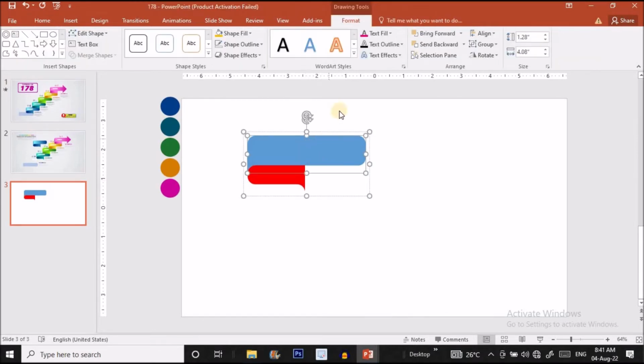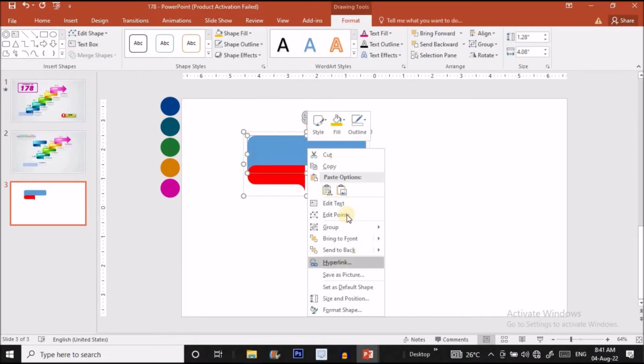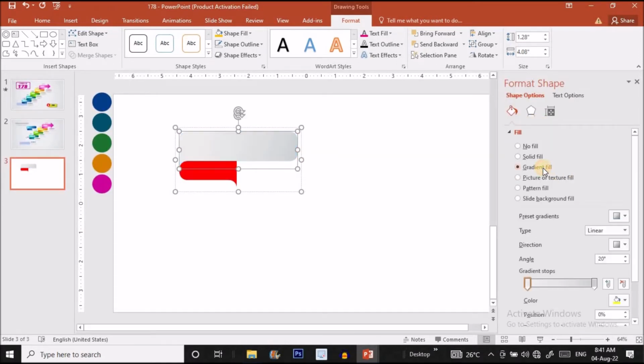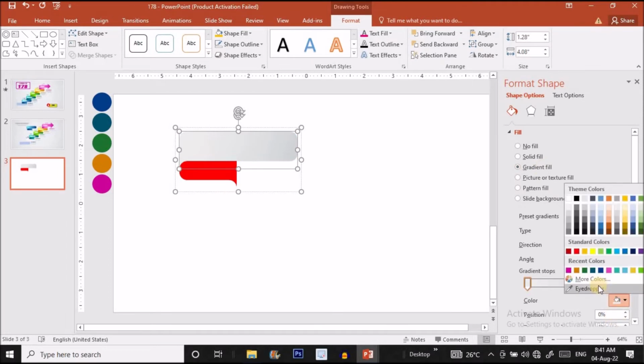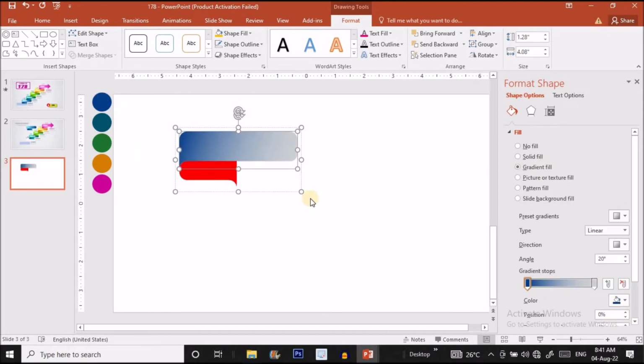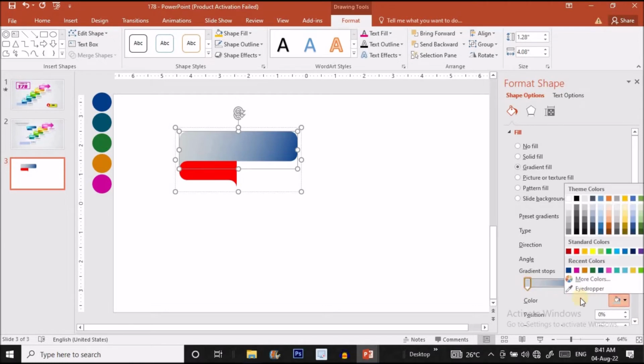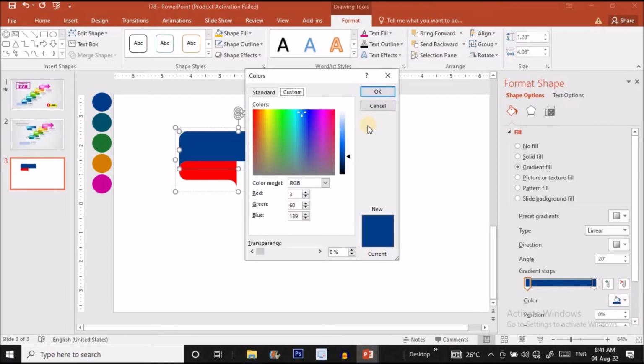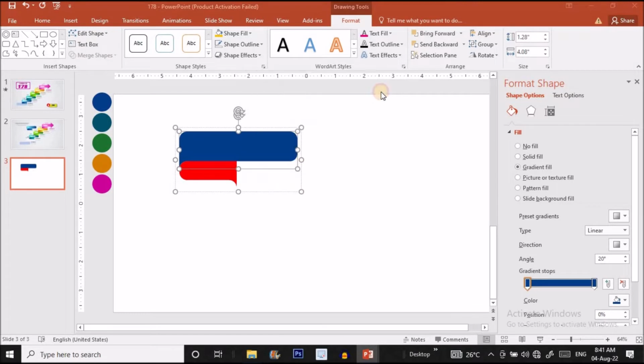Now I will fill this shape with the gradient fill. So I'm going to choose the format shape option, click on fill and choose a gradient fill. For the left handle, I'm going to use this color. Just alternate the handles, and for the right handle, I'm going to use a lighter version of this color. So I'm going to use the same color first time, and second time I will choose the more color option and drag this handle upward to select a lighter version of this color. Okay,